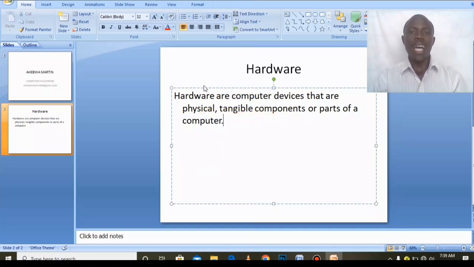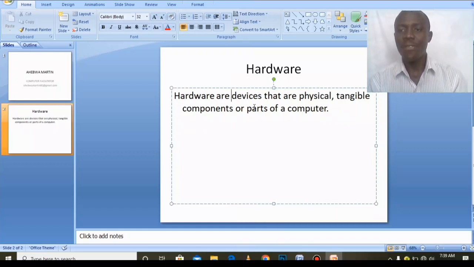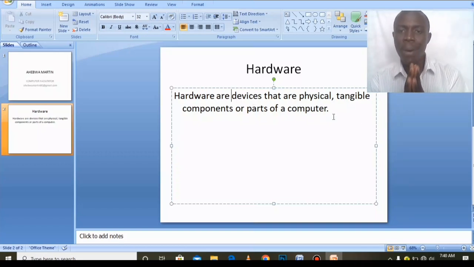So full stop. Actually, let us remove this. Hardware are devices that are physical, tangible components or parts of a computer, meaning that these are the parts,